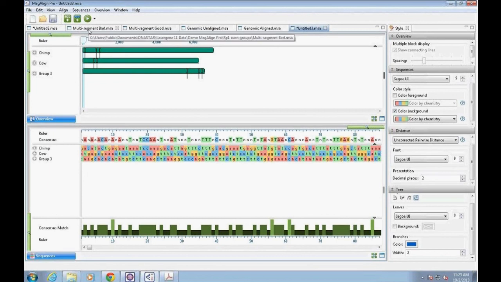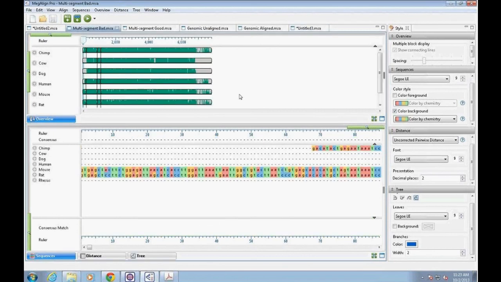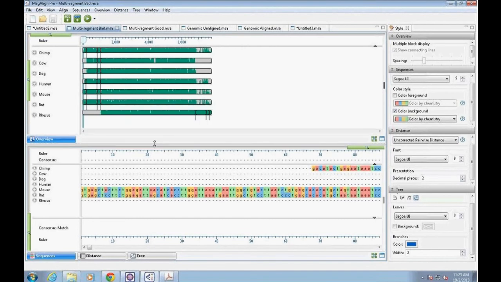So I'm going to go ahead and open up this sequence project here, which, as you can see in the sequences view, we've now added all of the sequence groups. And we can see by the same length of all of these green sequences that this project has already been aligned here. So if we look again at the overview window here, the first thing we want to look for in our particular project is both the longest segment as well as the longest gap region in each of